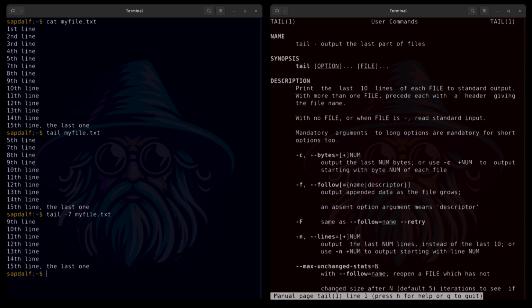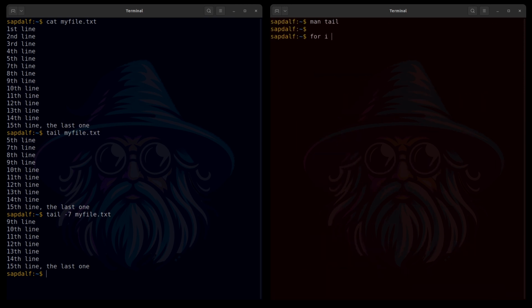Boring? Maybe so, but there is an option that makes tail the king of analyzing current log files. A weapon worthy of a hunter. This is the follow option, abbreviated to -F. It allows you to keep track of the file and new data appearing in it. Line by line, quietly looking out for the information you are seeking. Like a predator lurking for prey. To set up a demonstration of how following by tail works, let me quickly write a command that adds the current time to some file every 2 seconds. Then, later, we'll trace it using tail follow.